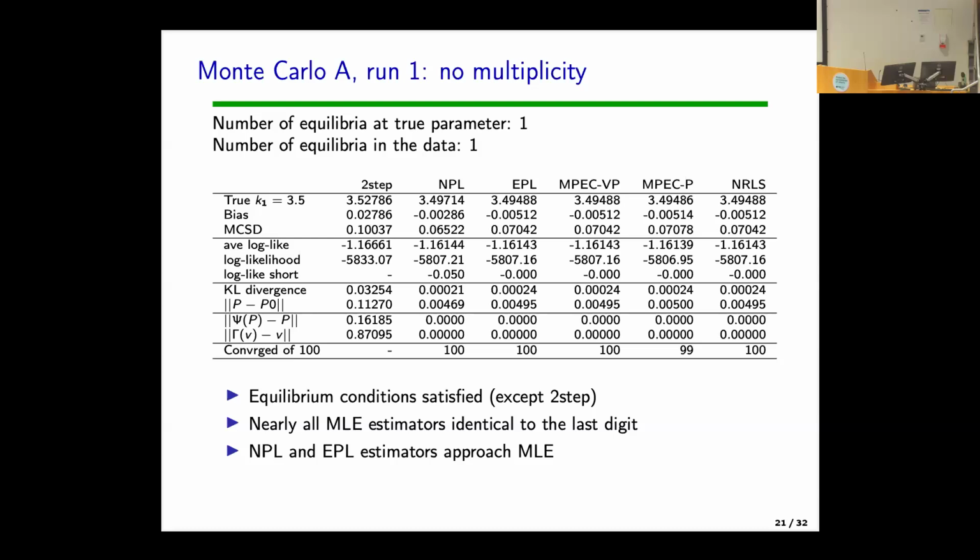In other words, they might do that in the limit as you get enough data, because this data is generated from the model. With your non-parametric frequency estimator, as the number of observations goes to infinity, you would estimate the conditional choice probabilities without any bias, and you put them in, and they're going to satisfy this constraint. So this number would go down as you get more and more data.